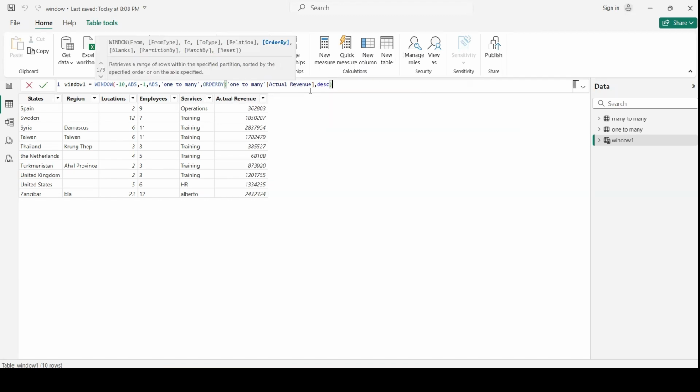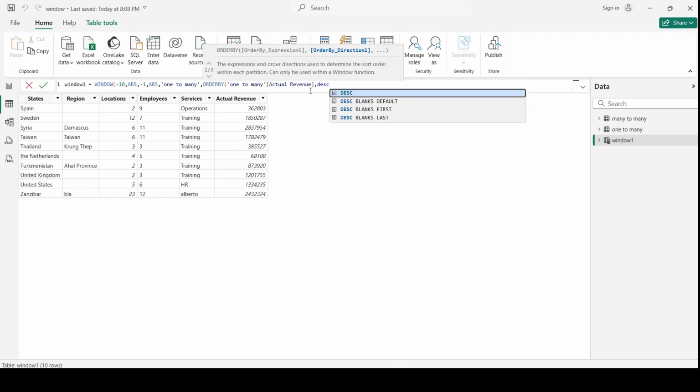But anyway, notice that the order by function gives us more flexibility. You can choose another column for a second way of ordering data and so on. But for now we are interested only in actual revenue.